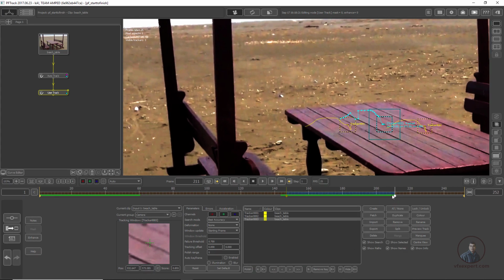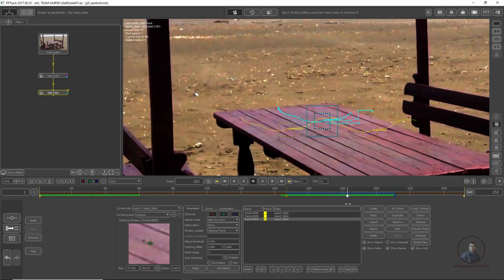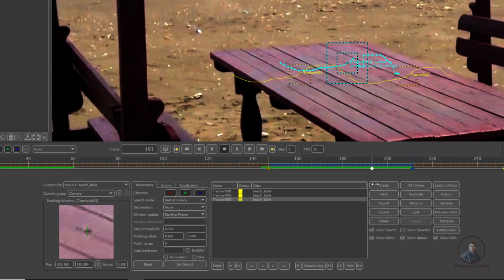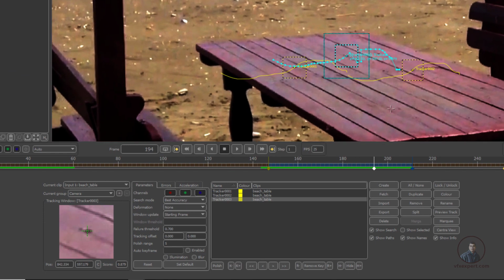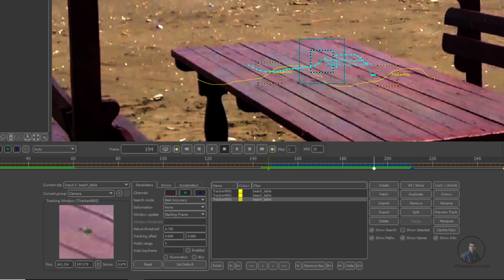Just stop here. Suppose we have successfully tracked our point till here, and after this the point goes outside of your frame or region, and you don't want to track it after this. Then, if you have already generated some data, first you have to clear this data.